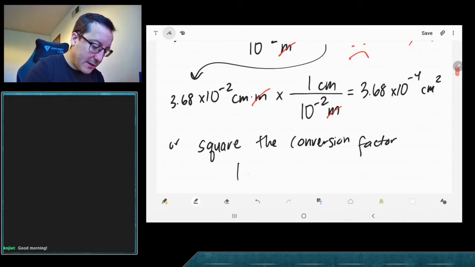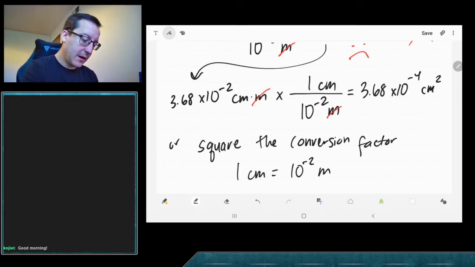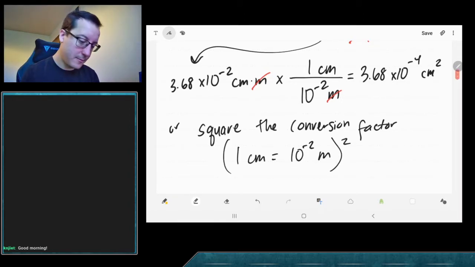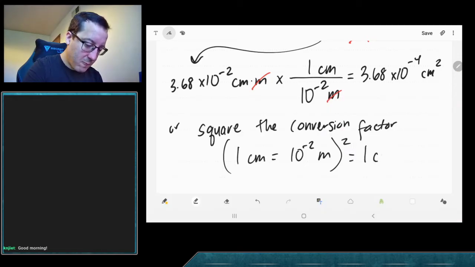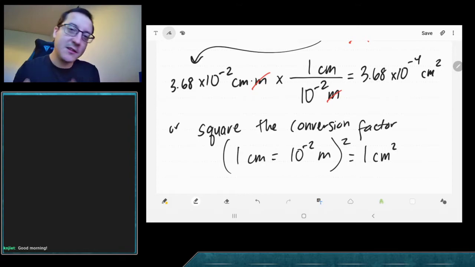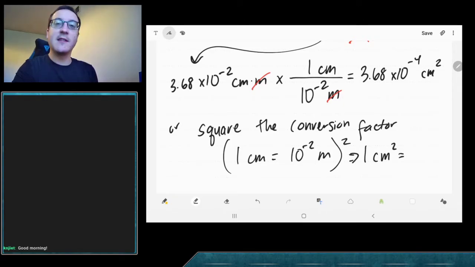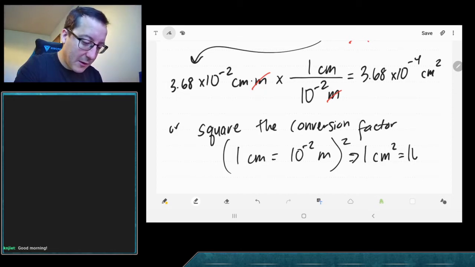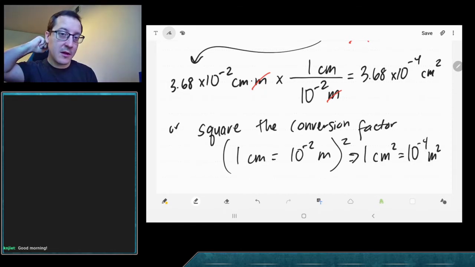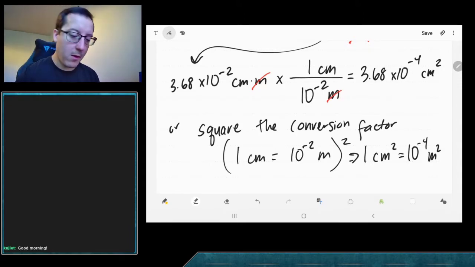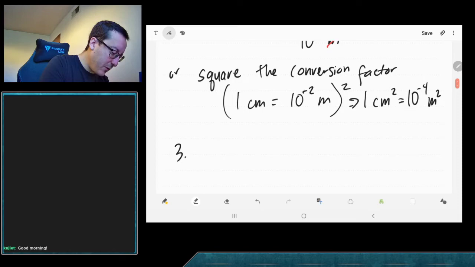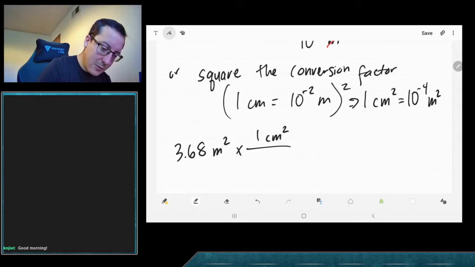So we remember that 1 centimeter was 10 to the negative 2 meters. If we square the whole thing, that tells us 1 centimeter times 1 centimeter is just 1 centimeter squared, right? And remember, when you are raising an exponent to an exponent, you multiply them together, right? So we should end up with 10 to the negative 4 meters squared. And if we go ahead and use that, 3.68 meters squared times 1 centimeter squared over